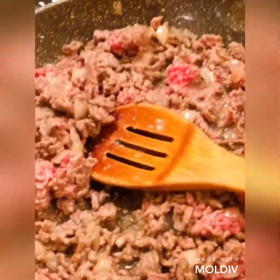Actually, let's shred our cheese. Let's shred our mozzarella cheese. See, we like it fresh. I don't like to buy the stuff that's already shredded. No, I like fresh cheese. Nothing like the good stuff. We're gonna go ahead and do the cheese, and then let me show you guys